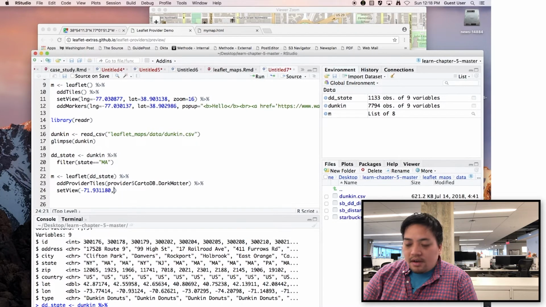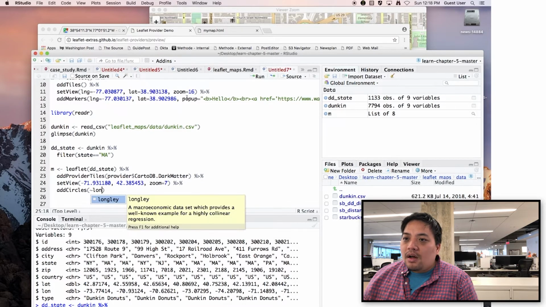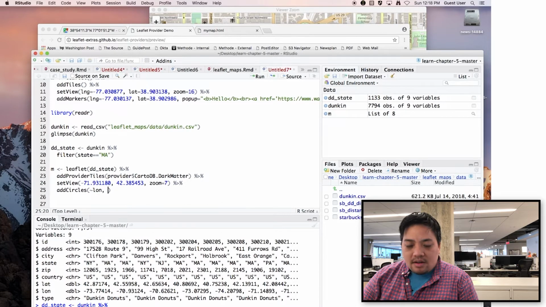71.931180 and 42.385453. That's the middle of Massachusetts. I already just looked it up. Zoom equals 7, and pipe that to, this time instead of add markers, I'm going to use the function add circles, and I'm going to give it a tilde lon in here because that's what the longitude is on that, and then tilde lat, and give it a pop-up